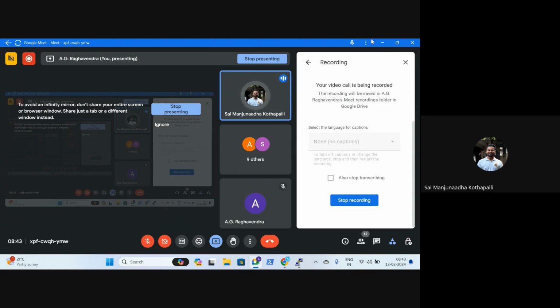I have tried even at 1 o'clock. I need to check with Raghavendra. Is there any WhatsApp group so we can be well informed?